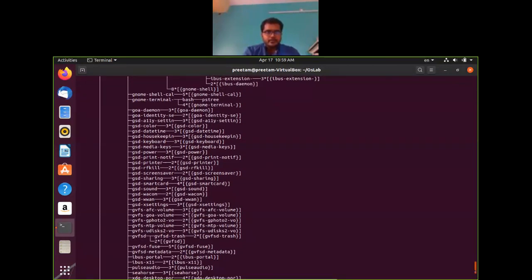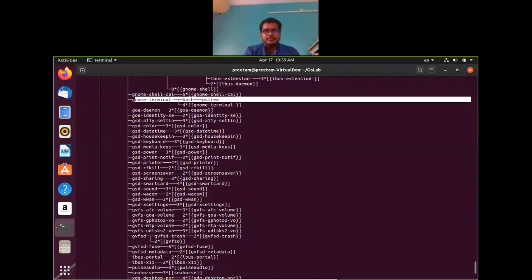Here we go. So gnome-terminal, bash, and in that bash we have just run pstree, right? So pstree is executed as another process. So you can see the tree structure. Okay, so pstree we have run just now. It has been run from bash, which is from gnome-terminal, and which is again from some systemd. So this is how you can always get back to the init process.